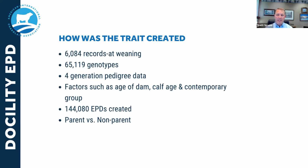We don't only look at individual animals and their genomics or even their individual records when we do that, but that is the function of a genetic evaluation. We look at four generations' worth of pedigree data and how all those different animals are related, to allow for additional proof to come in around what in many cases is an animal at weaning time that doesn't have any progeny on hand. So being able to understand how these genetic evaluations work and how the data feeds them, just like the genomics do, starts to help you understand how important these pedigree ties are,